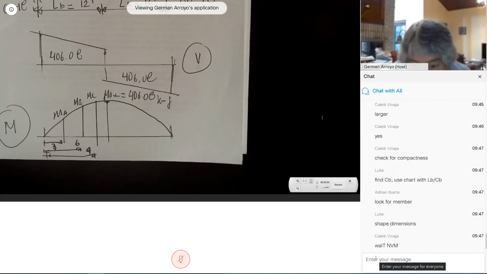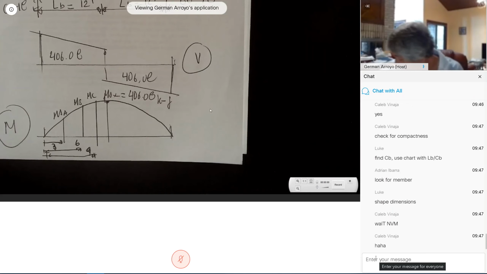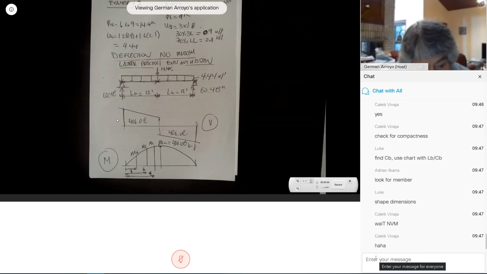We had to have the section. Yeah, never mind, that's not section. So we had to compute C sub B. C sub B needs to be computed. C sub B can be computed by using the shear diagram or by considering a free body in here with